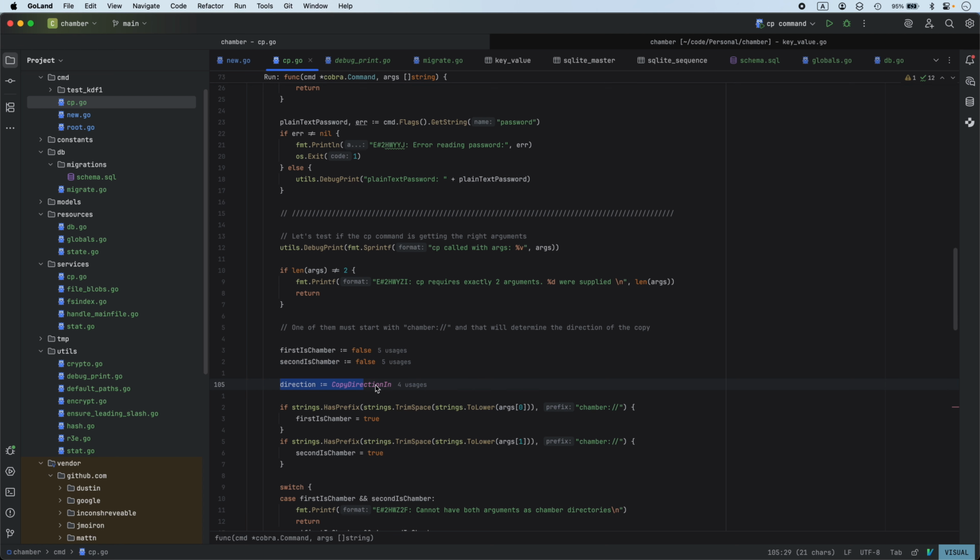Direction, I'm just setting in a default value, copy direction in, and we are checking whether the first argument starts with chamber:/ and whether the second one starts with chamber:/. It's easy to do it this way because on Windows the paths differ. They start with C drive, D drive, something like that. Directory separators are different, so it's easier to look for chamber:/. Again, you cannot copy contents of one chamber file into another, so both can't be chamber. Both the arguments can't start with chamber:/